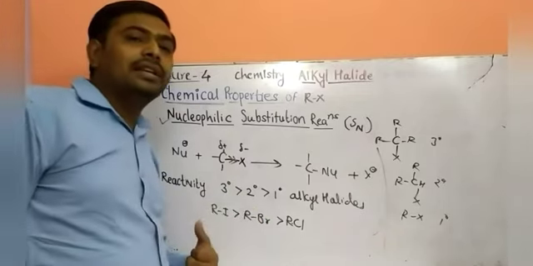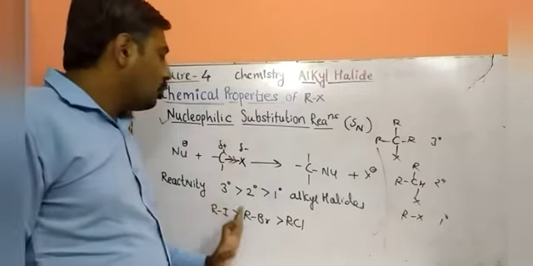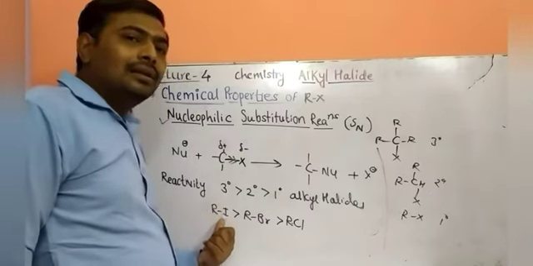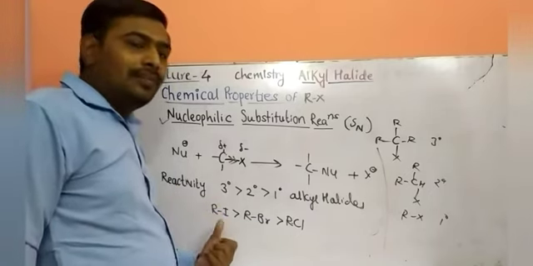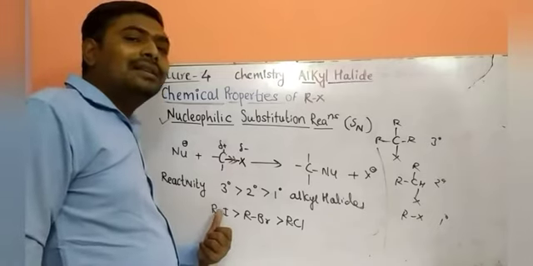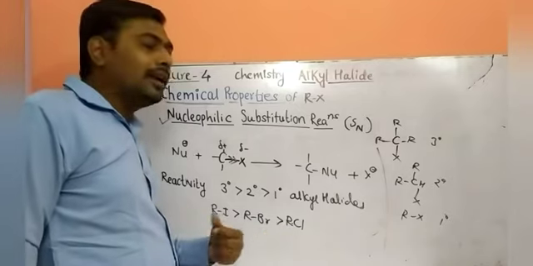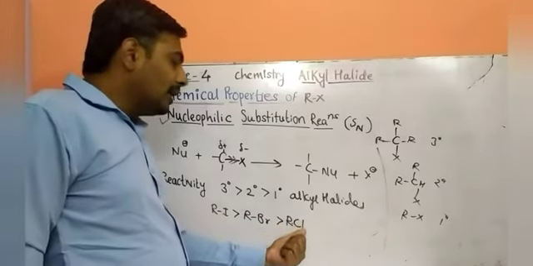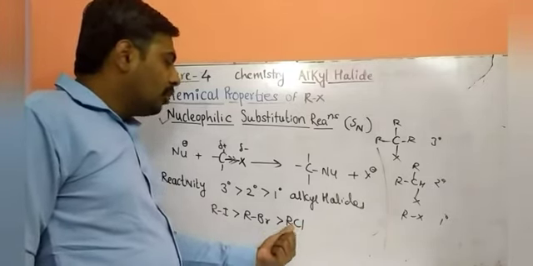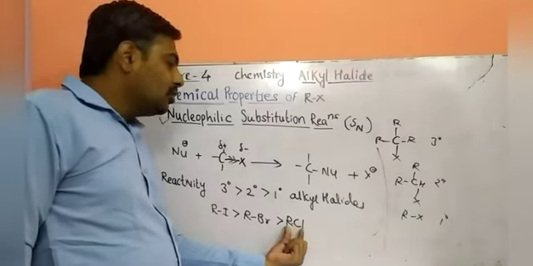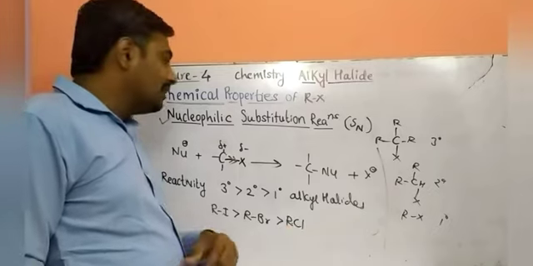In the case of different alkyl halides, iodides, bromides, and chlorides, alkyl iodide has more reactivity due to the bulkier structure. The second reason is that iodine has less electronegativity, so the bond packing is less as compared to the chlorine atom. Chlorine is more electronegative, so the bond length is smaller, and this compound cannot easily react.